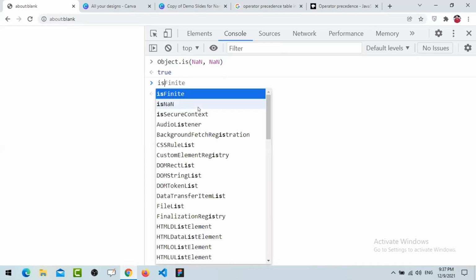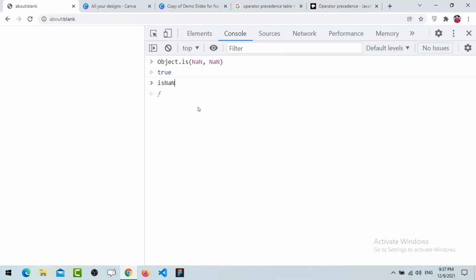So for that, here we have one method called isNaN. Just I'm going to check here. This is a predefined function in JavaScript that you can use. It is simply checking whether it is not a number. I'm giving here NaN. It is giving me true because it is not a number. What if I'm giving here 12? 12 is a valid number. That's why it is giving me false. It is comparing, and only if you have a NaN value is it going to return true. But see, what if I'm going to